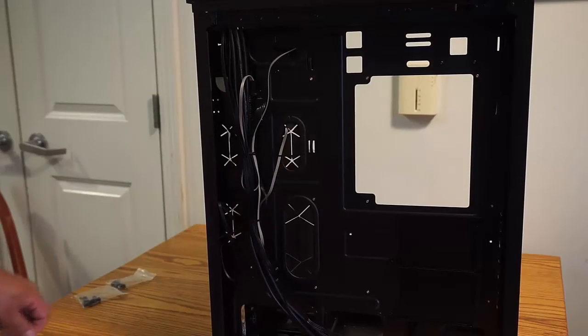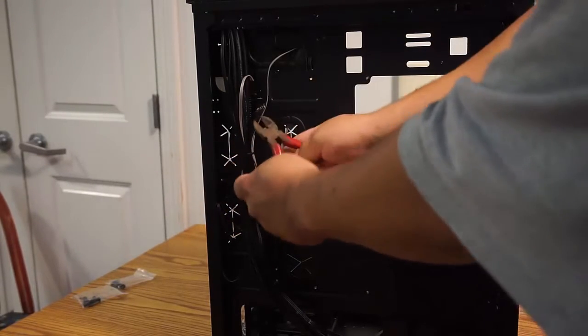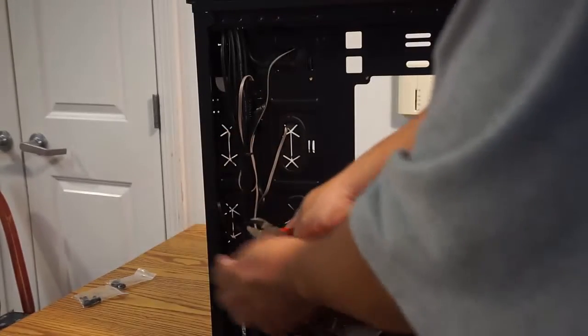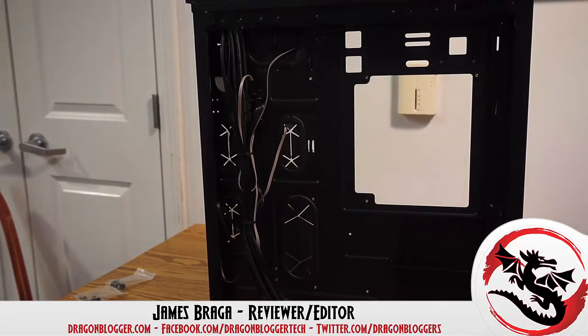And that's that. Let me grab some little clips and we'll clip this little wire. And your wires are ready. That's how you install the...